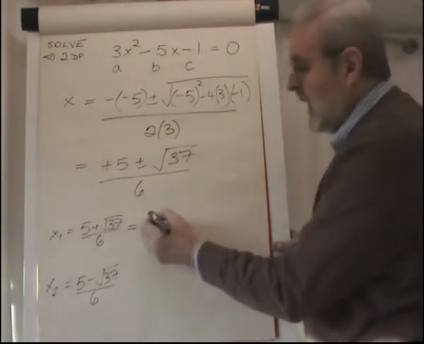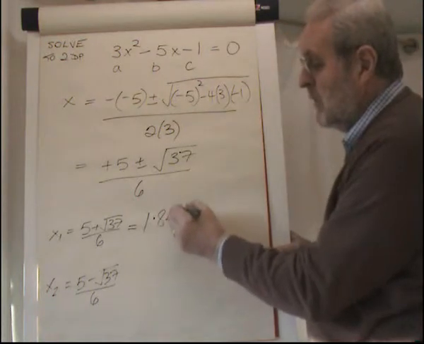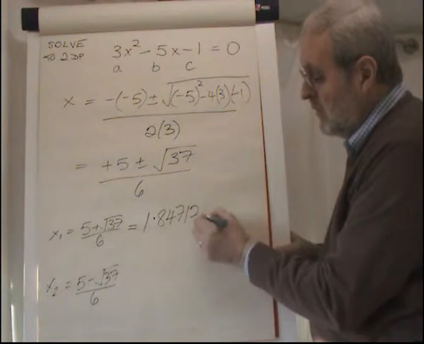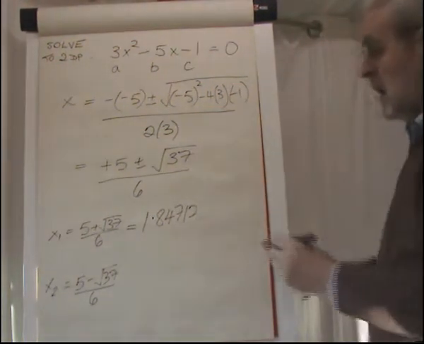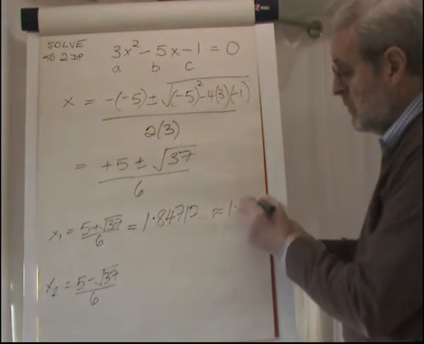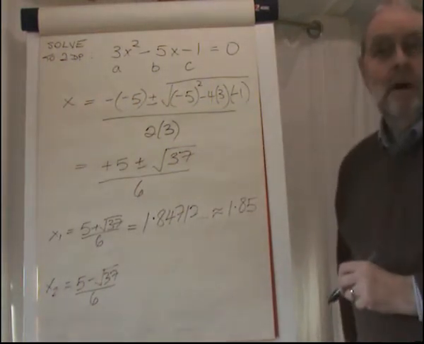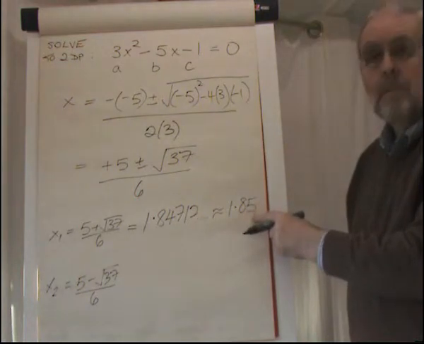The answer I'm going to get is quite a long decimal, 1.84712, etc, etc. It goes on a bit, fills the calculator display. We're only looking for the first 2 decimal places to represent that answer, and 1.85 gives us the approximate root,